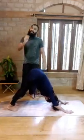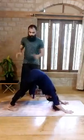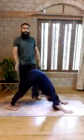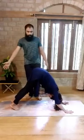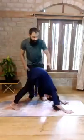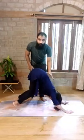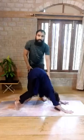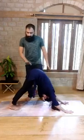Still they are not coming, not a problem. Bend the knees slightly. What bending the knees does is, of course, they will not bring the heels to the mat, but many times while trying to bring the heels to the mat, we end up hunching the back. So a better option is to keep the knees bent and straighten the spine in this way, and then gradually focus